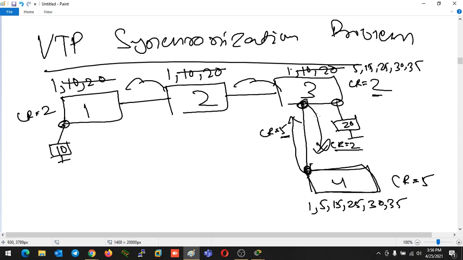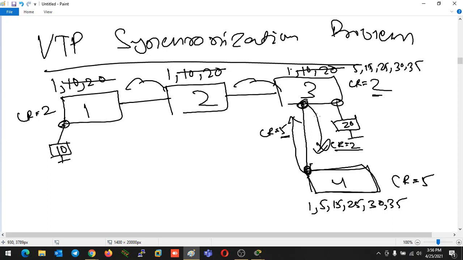The users or the data communication for the whole network can be stopped just because of the inactive VLAN. So this problem in VTP is known as the synchronization problem. We have to keep in mind, this is an important question for interviews also. If anyone is going to ask a question from VTP at CCNA, CCNP, or CCIE level, they can ask you this question. There is an 80% chance.